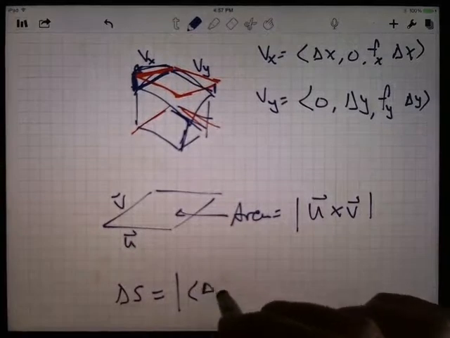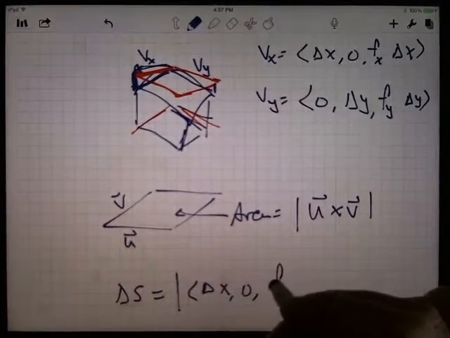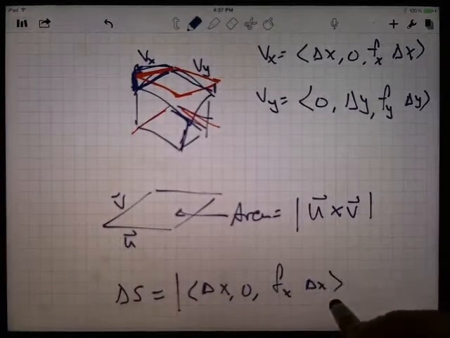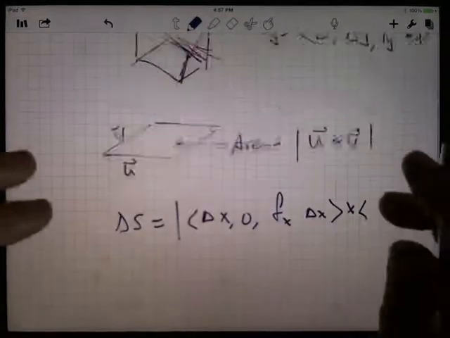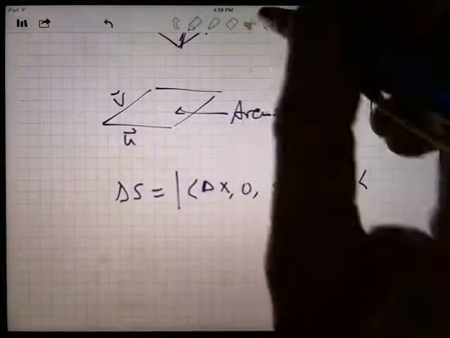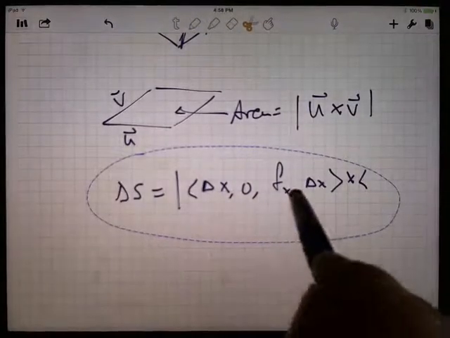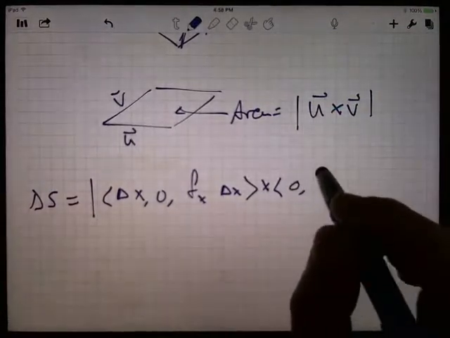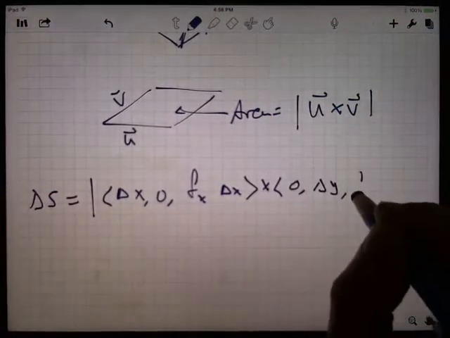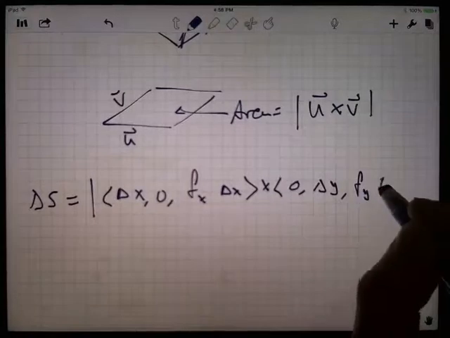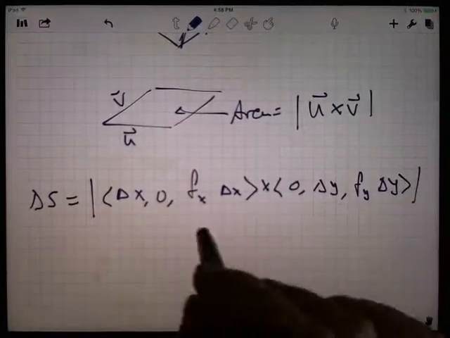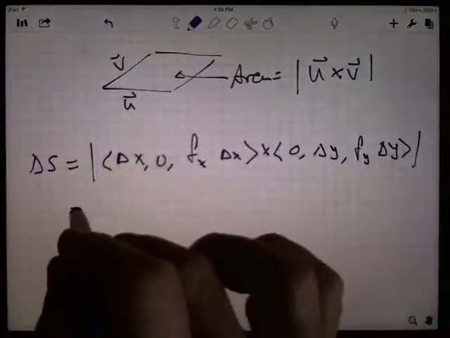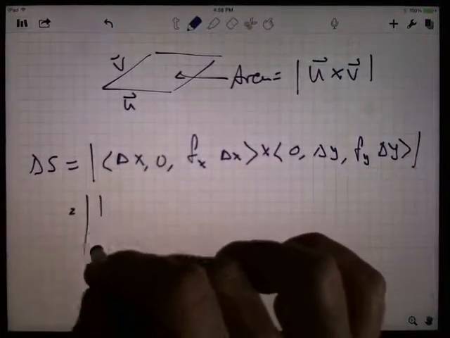So I've got delta x, comma 0, comma the gradient times delta x, crossed with this other vector. And I'm going to need more room, so let me circle this and move it over. Right. 0, delta y, the partial with respect to y times delta y. Okay. So to do that cross product, the way I do cross products is to do it as a